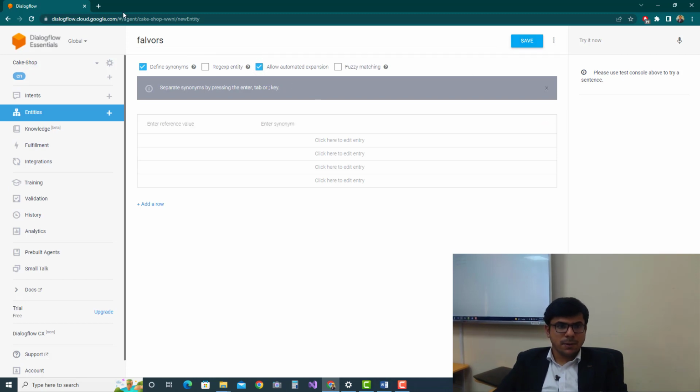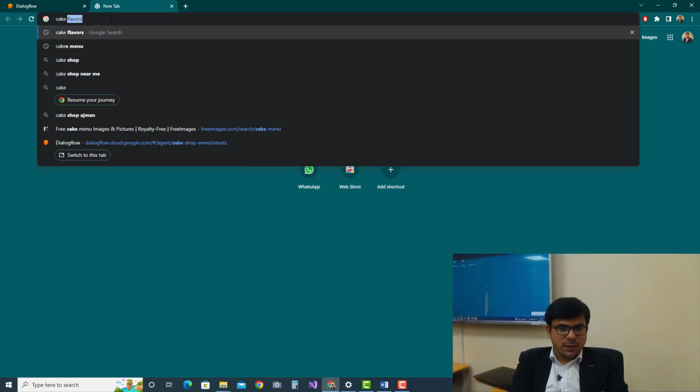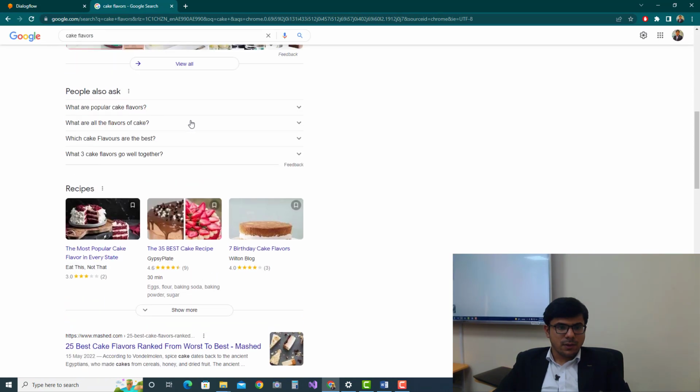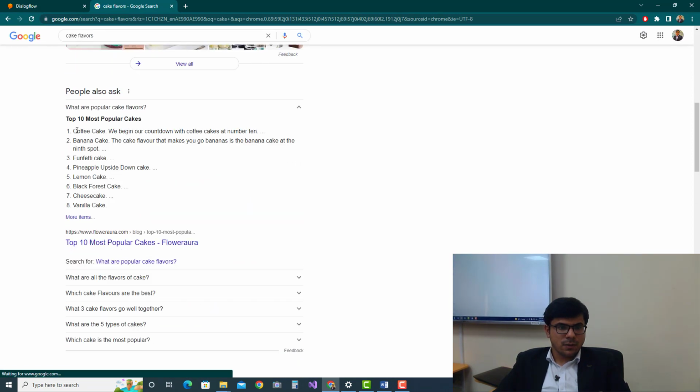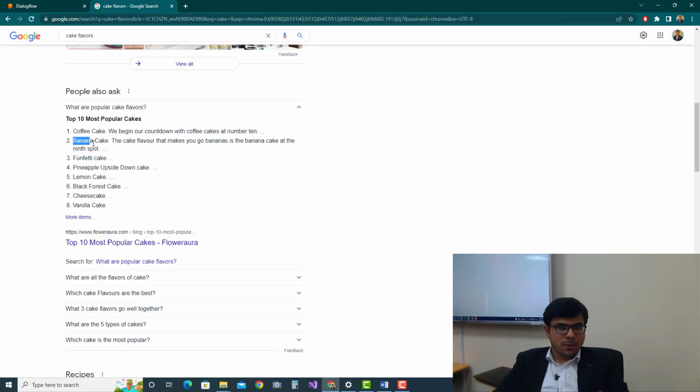There might be different flavors for the cake, so I will write cake flavors, and we can see different flavors here. It can be coffee cake, I will just paste them here, banana cake,